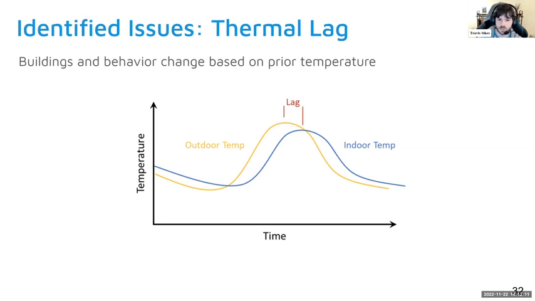This is just a characterization, but the orange plot here shows the outdoor temperature. And the blue curve here shows what a building's indoor temperature might be. Well, it's not going to correspond one-to-one because it's going to take some time for that energy to penetrate through the insulation, for the radiation to get through your windows, and for that to start to heat up your house.